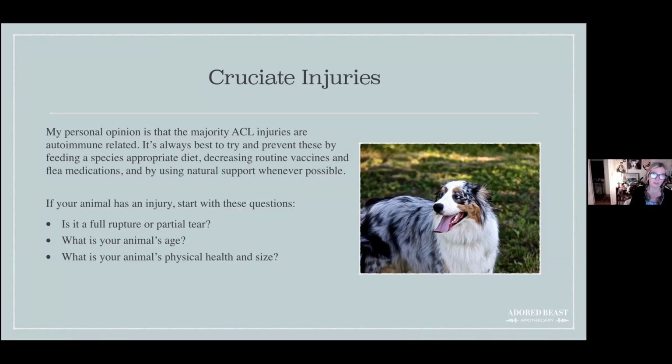And in my personal opinion, the majority of these are not injuries. They're called injuries, but the majority of them are autoimmune related. And what winds up happening, I don't know, maybe 14 years ago, I did a course. I went to Florida and did a canine rehab program. And there were orthopedic surgeons there. There were all kinds of different